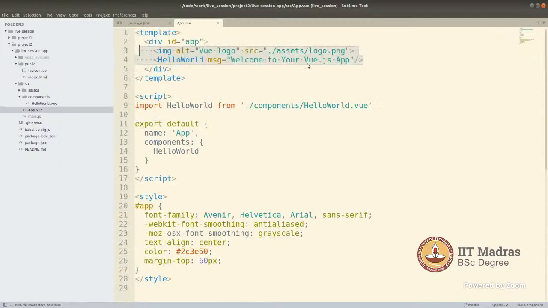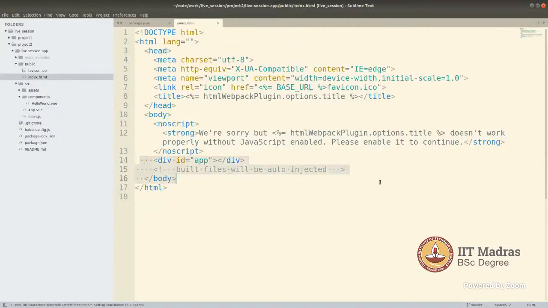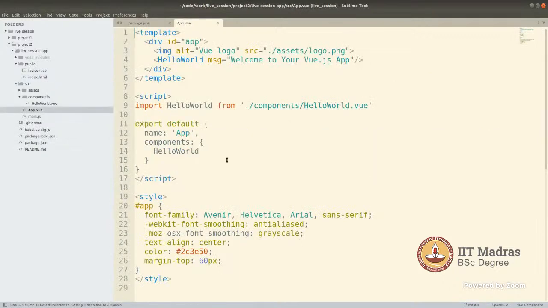Basically, this is simpler. It's importing. This is your ES style, JavaScript style importing: HelloWorld from ./components/HelloWorld.vue, and then using one of the components as HelloWorld, right? As for the app, this app maps to this app, and it's shown here. Now this app is also mapped to this app here, right? All of our code will get injected here, because this is what is mapped to our main app here, right? So